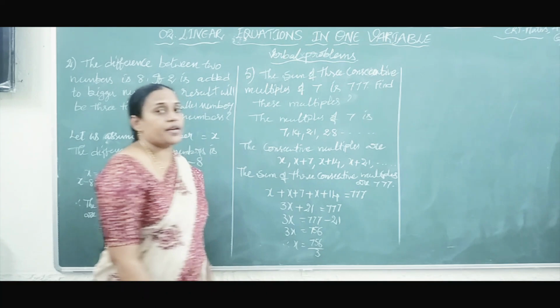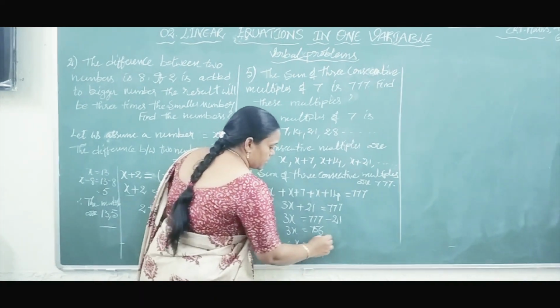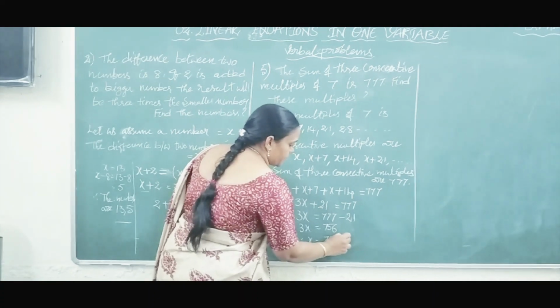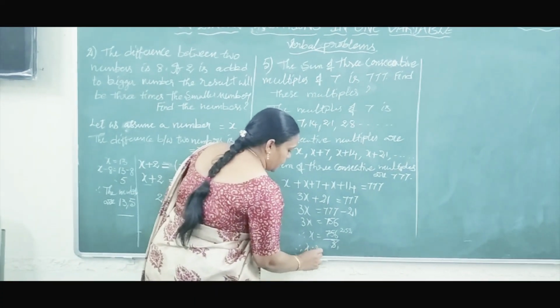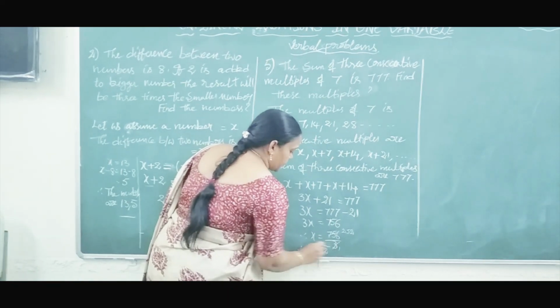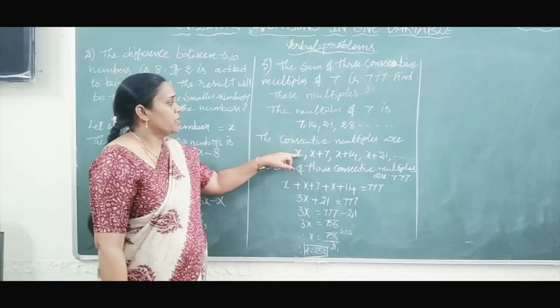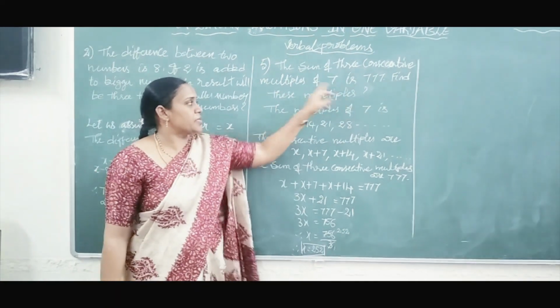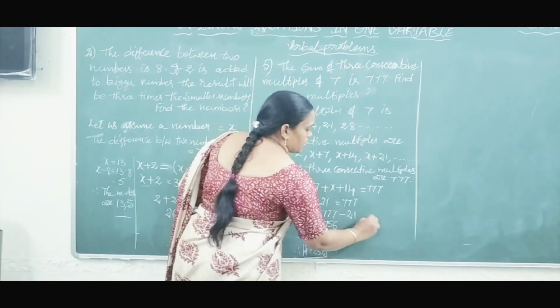756 by 3. Cancel these both. Third table: 3 2s are 6, 3 5s are 15, 3 2s are 6. Therefore, x is equal to 252. This is the first value. Now, we have to find the multiples. Therefore, the multiples are